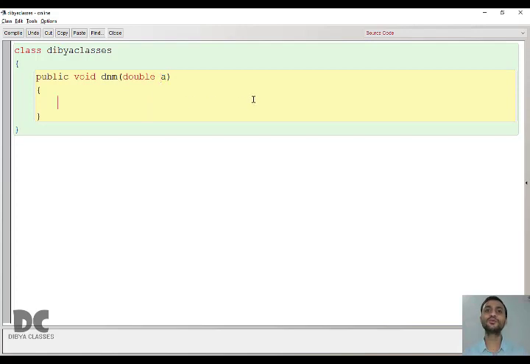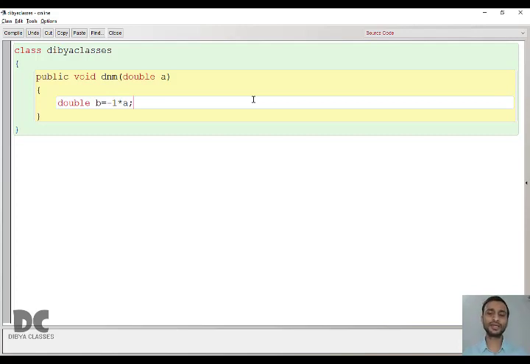Now we need to do the processing. What we need to do is convert a positive to negative and a negative to positive. So how will we know if the user has entered positive or negative? No need to know. Your job is to convert positive to negative or vice versa. So just take a variable B, and multiply the original number by -1.